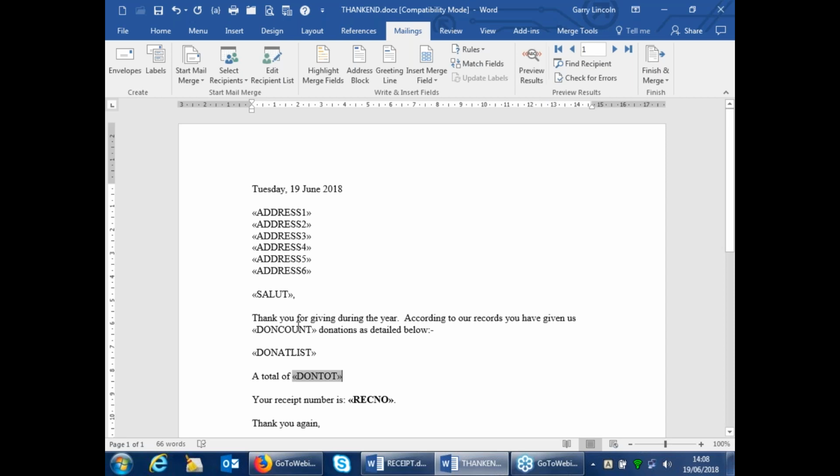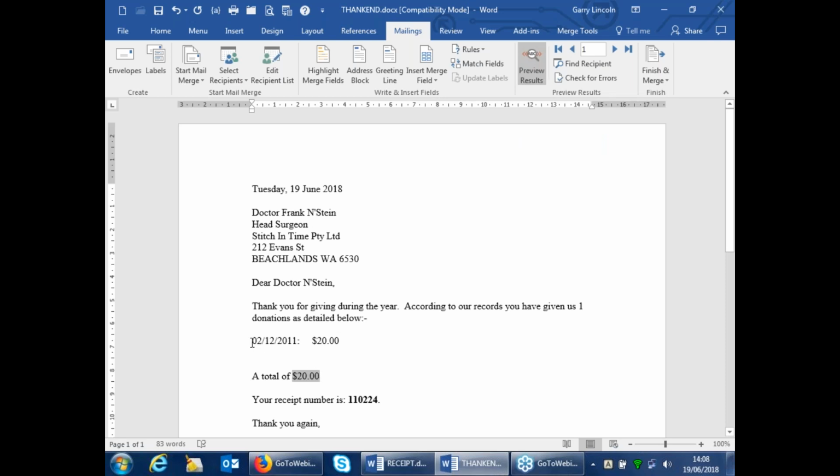So in your letters, whether you want to show the donation list showing every single date and every single donation is totally up to you. Or you can just have it where you've got your letter, so you've got your nice bit of text in there, etc., as you go through. And instead of having each individual payment put through, especially if you've got 12 payments or more, it can get a little bit messy because it basically goes down one side of the screen and it takes up a fair bit of room. So if I just said, look, I don't need to have that in there,